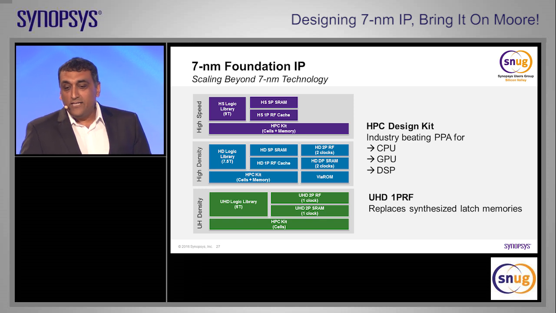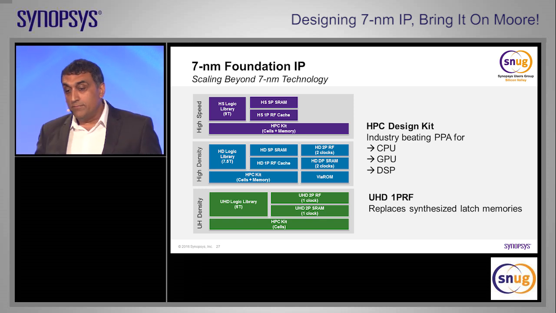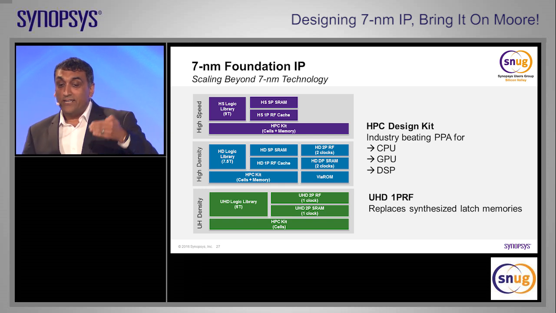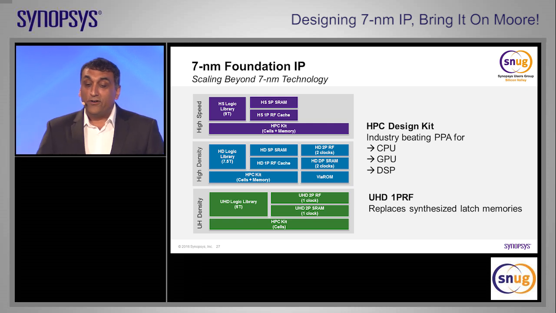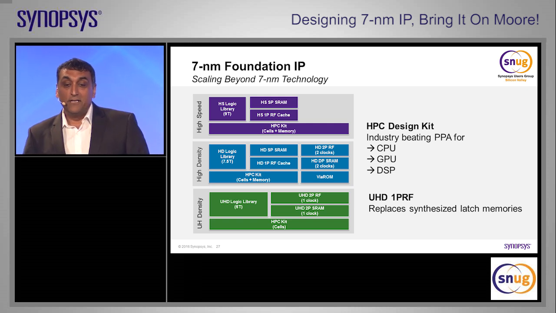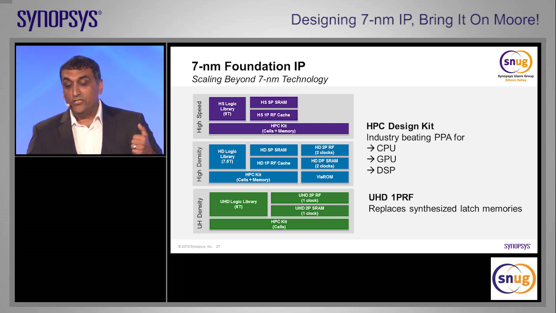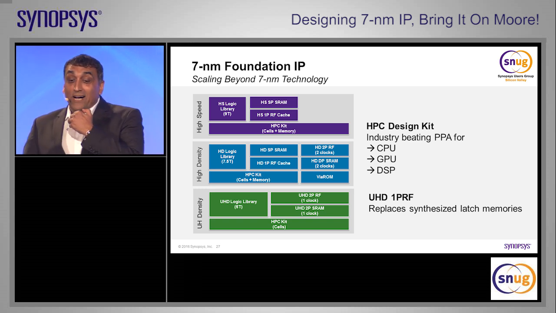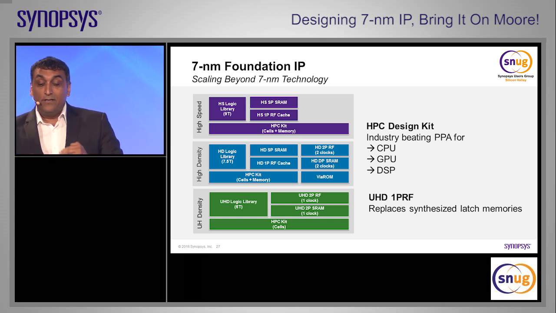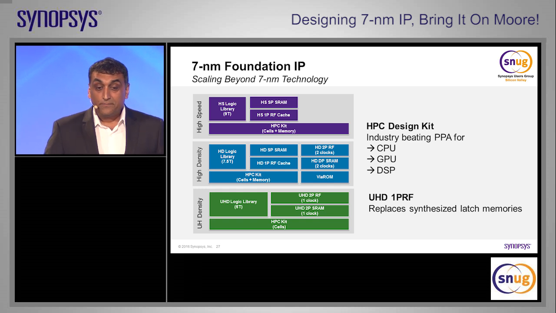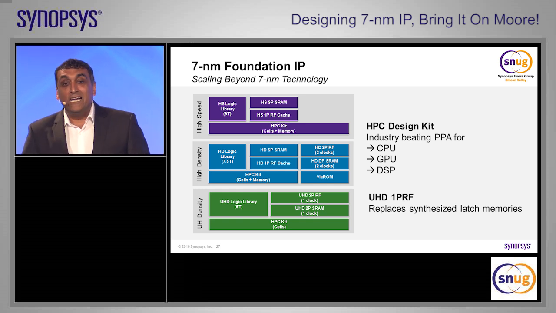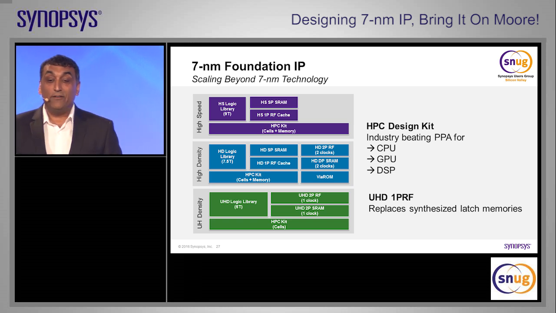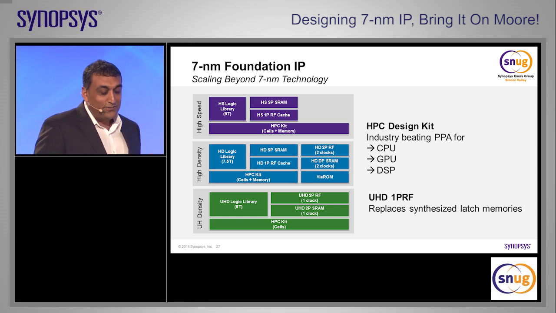Okay? This represents a view from the company I work for, Synopsys, of foundation IP: high speed, high density, ultra high density. Based on some of the learnings that I've just shown you, you can build some very interesting foundation elements, like a dedicated high-speed logic library with 9 tracks, to a high-density 7.5-track library. You can go into ultra-high-density logic libraries. That's great. I've made a little bit of a comment here about scaling beyond 7 nanometers. This doesn't apply to going to nanowires.